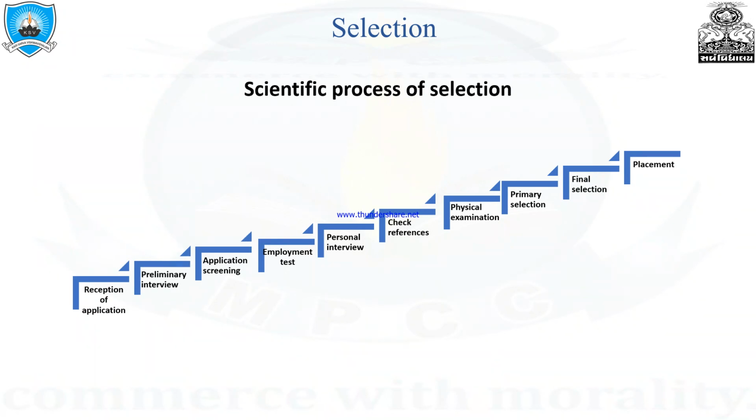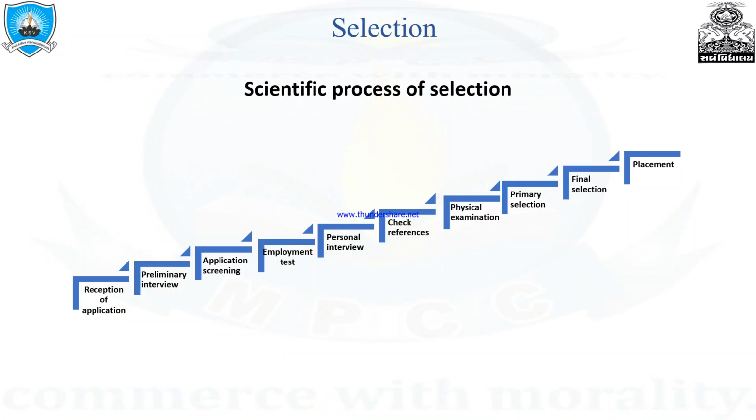After that, an application blank or application screening is given to applicants. It includes the name of the candidate, address, telephone number, qualification, experience, hobby, and readiness. The application blank must not be too long or too lengthy. According to Terry, the application blank provides two types of data. One, personal information of the candidate. Another, information useful for the company.